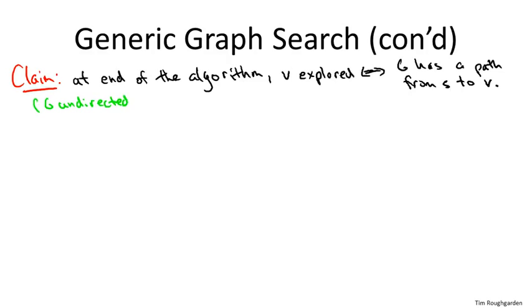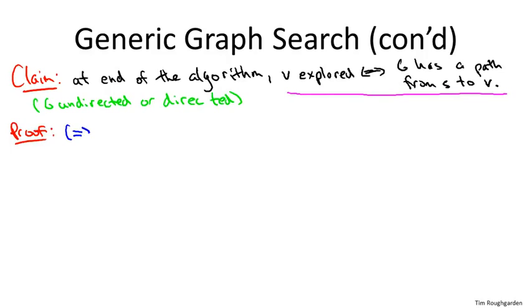All right, so why is this true? Why are the nodes that get explored precisely the nodes for which there's a path to them from S? Well, one direction is easy, which is you can't find anything which is not findable. That is, if you wind up exploring a node, the only reason that can happen is because you traversed a sequence of edges that got you there. And that sequence of edges obviously defines a path from S to V. If you really want to be pedantic about the forward direction, that explored nodes have to have paths from S, then you can just do an easy induction. And I'll leave this for you to check if you want in the privacy of your own home.